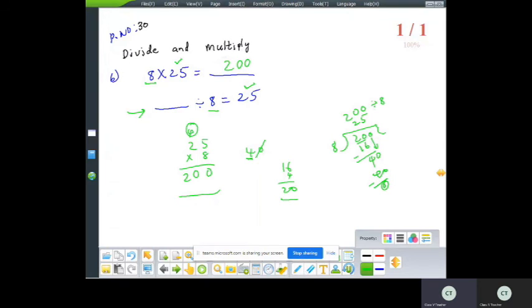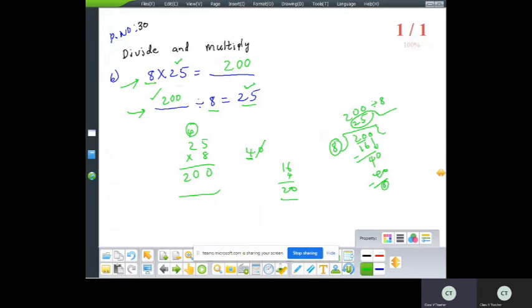In division, our main answer is the quotient. Our answer is 25. When 200 is divided by 8, we get 25. In the blank, our main answer is 200. This is our answer. We do verification by division. That is depending on the first statement, that is 8 into 25 is equal to 200.